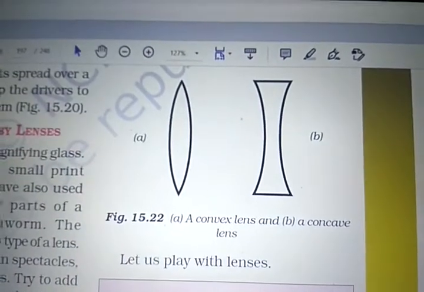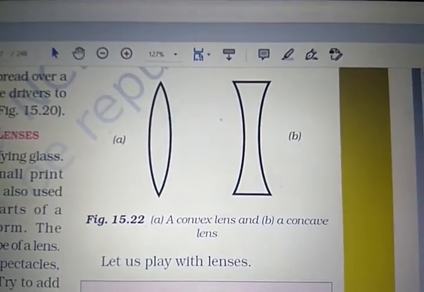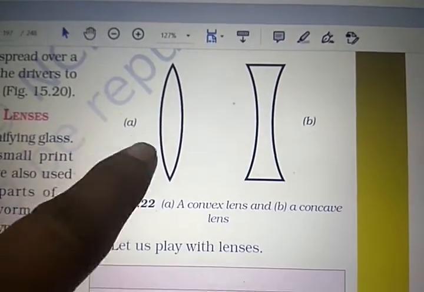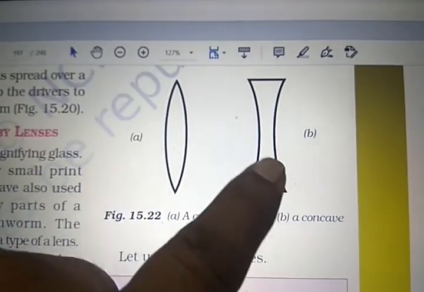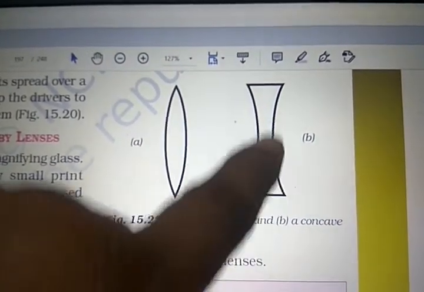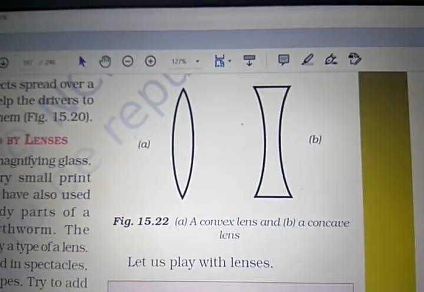You can see a magnified image through a convex lens. You cannot see a magnified image through a concave lens, right?